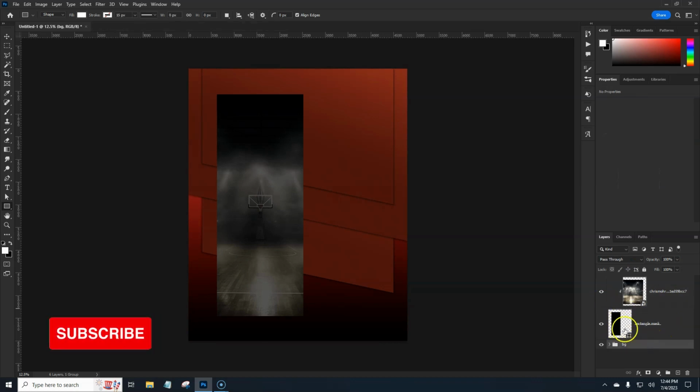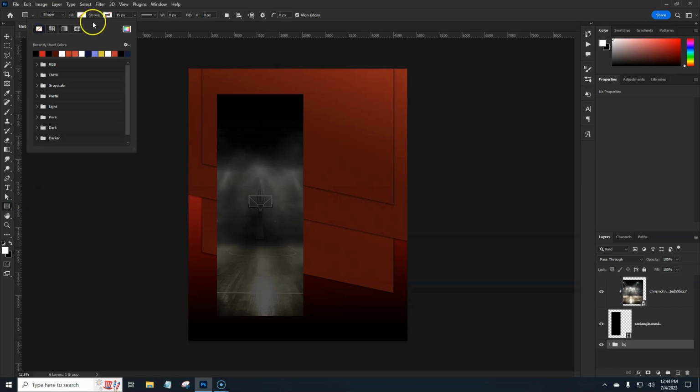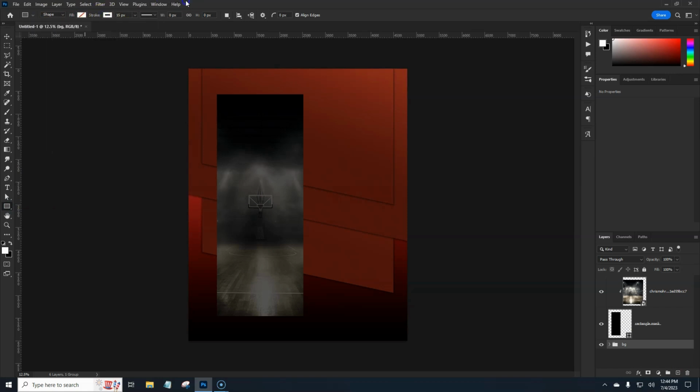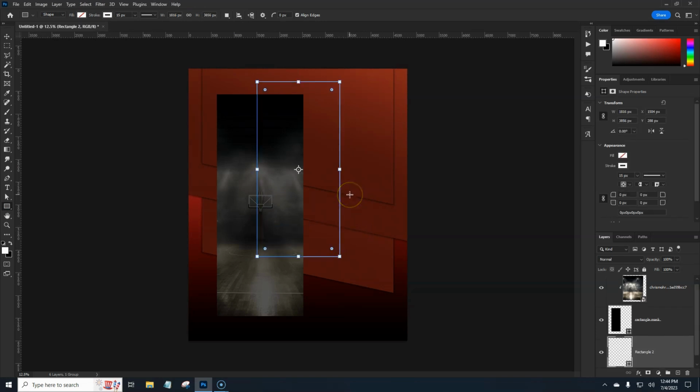We want these next lines to be behind this, so we're going to create a layer underneath this stuff. So actually we don't need to hit new layer, we can just hit rectangle tool again, and then this time we're going to do no fill, and then we're going to change the stroke to white, and we can leave it at white and that's at 15 points, or we can adjust this however we need it to be. So I think about like so will work. Let's see what it looks like. Okay, I think this will work, but I only want this stroke to be to here,